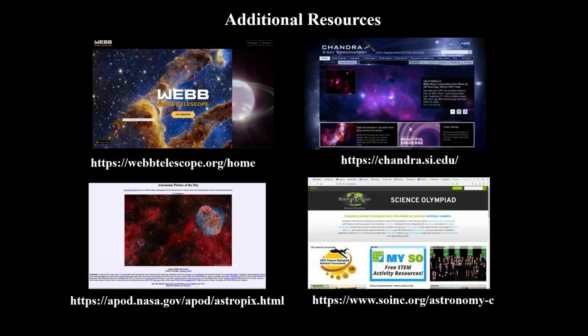The JWST website, as well as Hubble, Spitzer, Chandra and others, are great places to learn about exoplanets and the different ways that they were observed with all the different wavelengths. The APOD website has always been a good place to search for different images from different missions for stars and other deep sky objects. However, even though it is still supported, I'm afraid that lack of staff and funding is making it a bit difficult to keep the information and links updated. So if you're clicking on an older image, or one of the links within the paragraph underneath describing it, a lot of those links aren't going to work anymore.